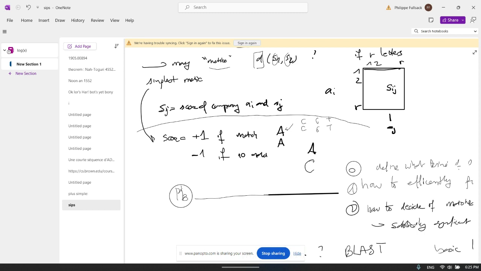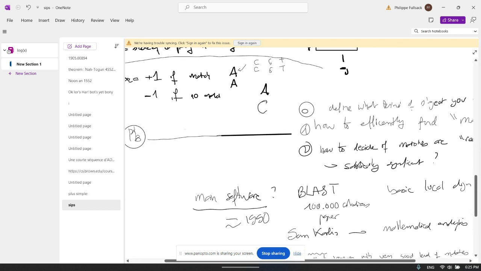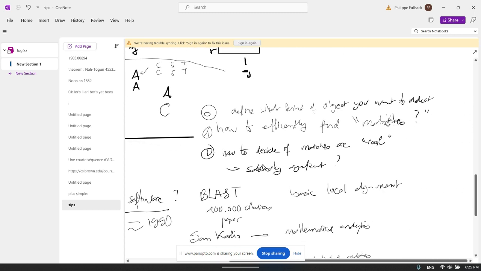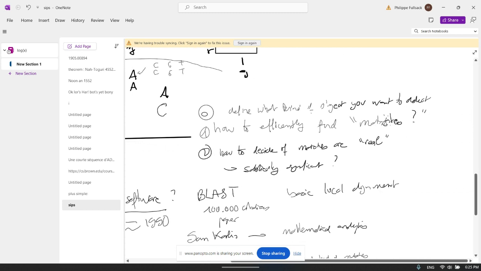So what are the problems when we are talking about matching sequences? We can think of 3 problems. First, we need to define correctly what objects we are trying to detect. Second, we have to develop methods to efficiently find matches. That's the area of dynamic programming and algorithms for very rapidly finding matches in huge databases. This is a very important area in which